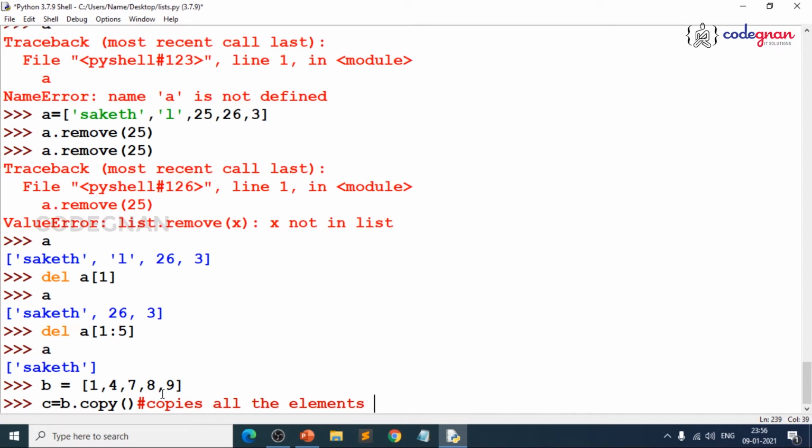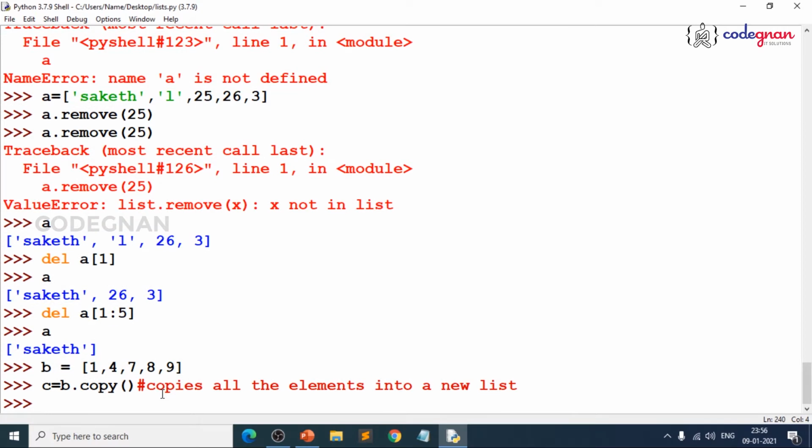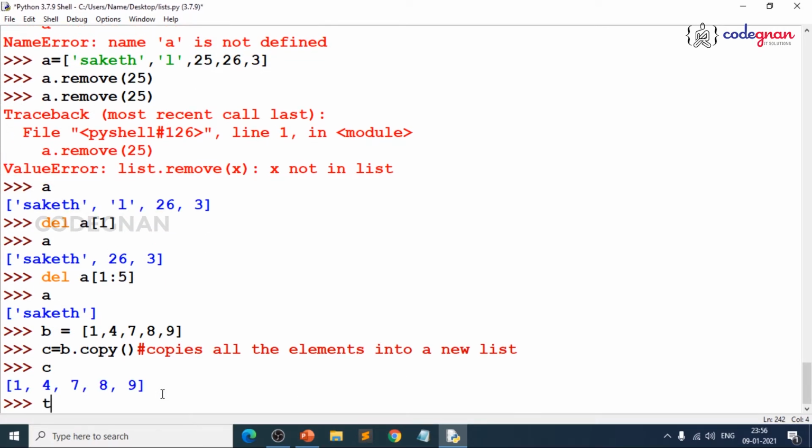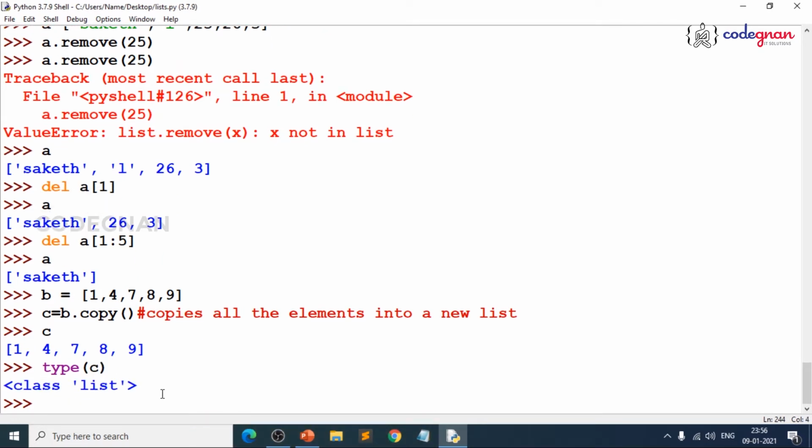You just relate that thing to the general word, then you can understand the meaning inside it. So it generally copies all the elements into a new list and it returns it. That's it, because now C will be a list. Obviously when you give type of C, it will be list only.